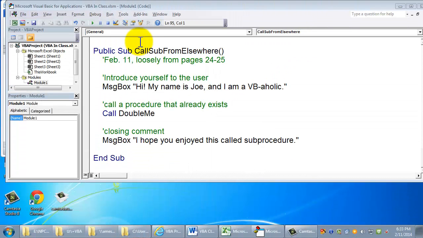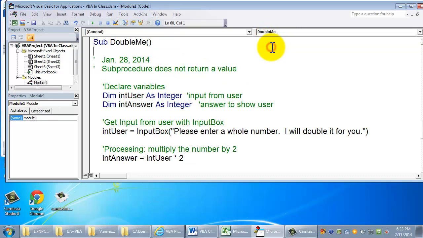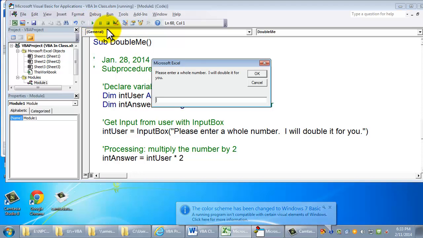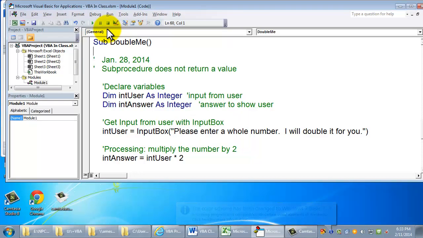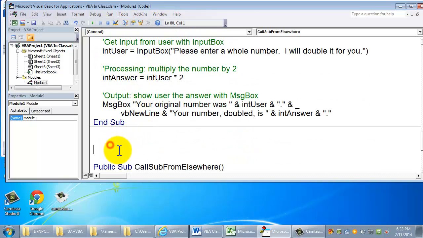When we try to run code from the VB window, let's say we want to run the double me code. Notice when I choose that, it puts the insertion point inside that sub-procedure. So if I click the run button, it's going to run that procedure for me. But if I click the run button and my cursor is not within a sub-procedure, then it says, I don't